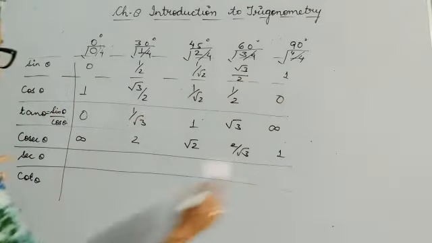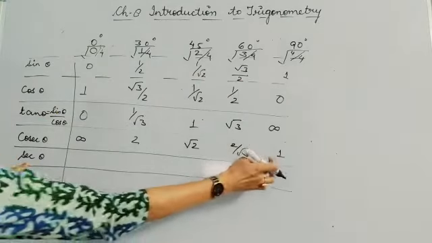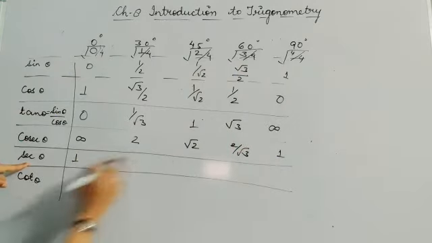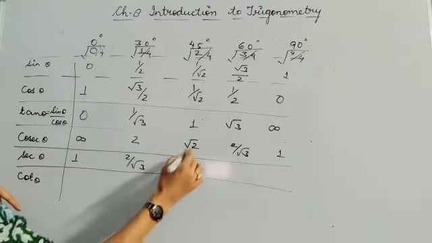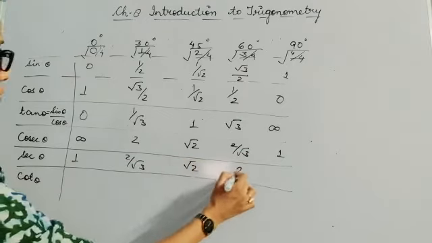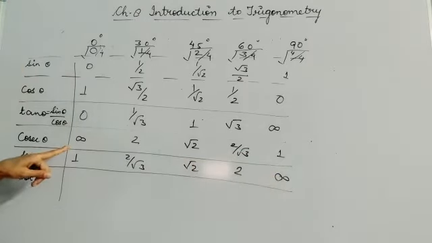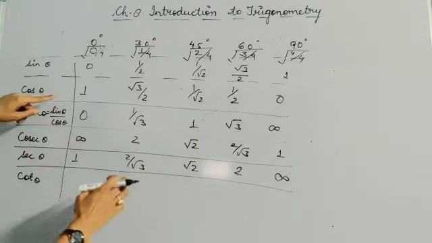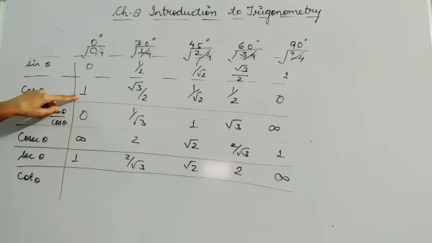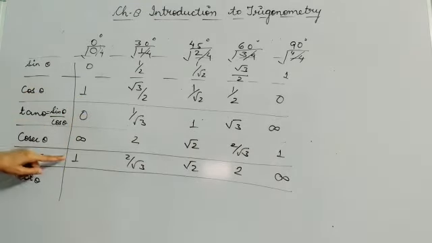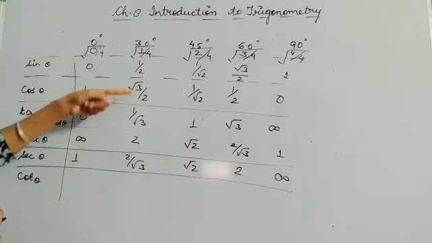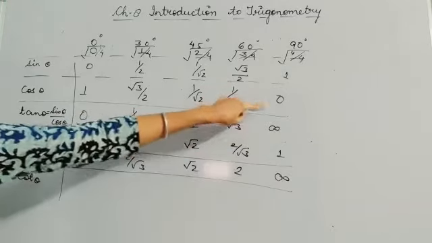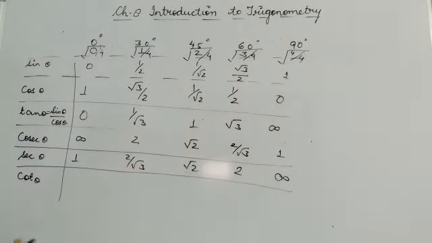Then it is sec theta. So sec theta, you can make it like this. You can start writing from the end the values of cosec theta. So 1, then 2 by root 3, this is your root 2, this is 2 and infinity. Now here again children, for sec theta, either you write these values over here or you reciprocate the cos values. This is 1 by 1, which will be 1. So I have written 1. Reciprocal of this will be 2 by root 3. Reciprocal of this will be root 2. Reciprocal of this will be 2. And 0 by 1 will become 1 by 0 and it will become infinity.